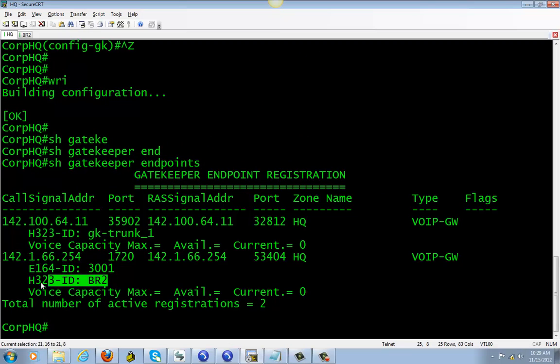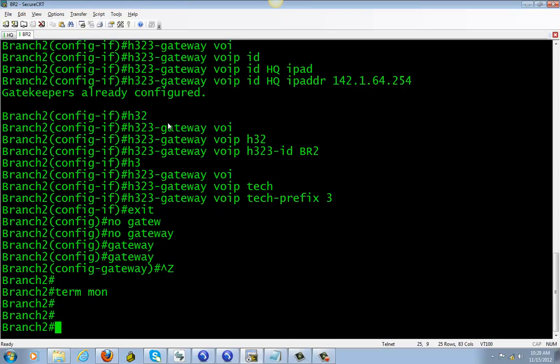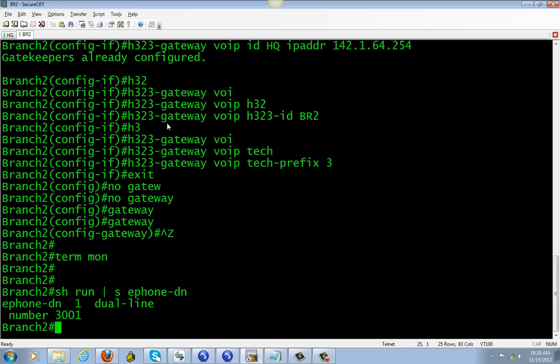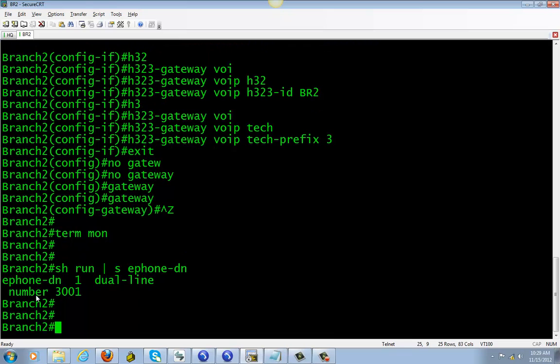Here's branch 2, and this is the phone. Looks like it's registered. In order to take this one off, go to your DN. Let me show you: run section default. This is the one that registered with the gatekeeper. So in order to take that out,